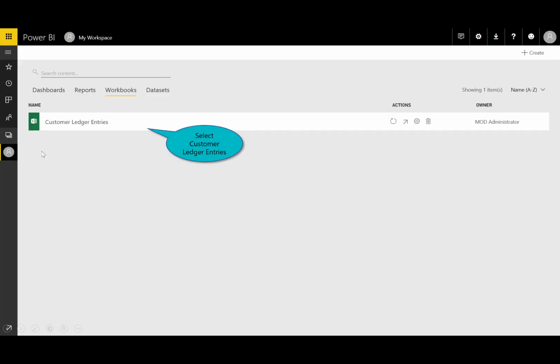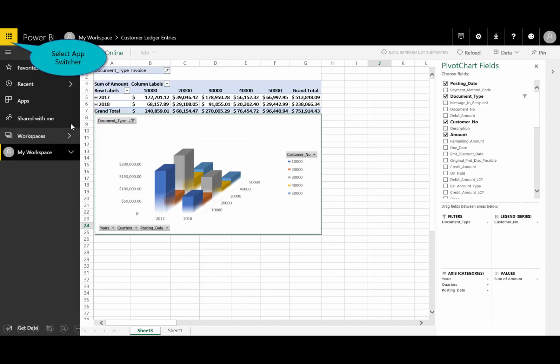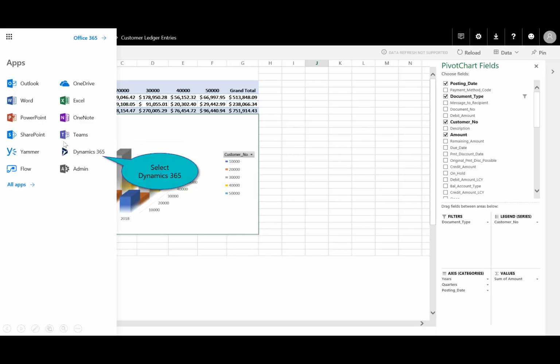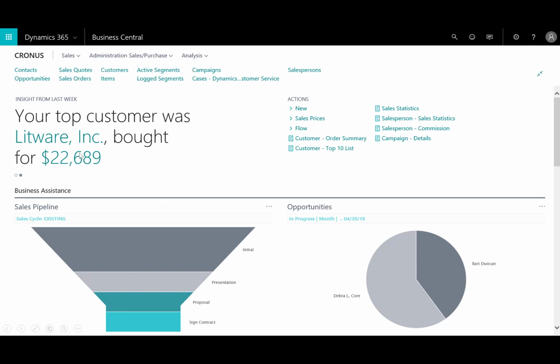and analysis. If I go back here into my workbooks, you can see that not only do I have reports and dashboards and data sets, but you can also publish Excel spreadsheets to Power BI. So here is where I enable my users to then take that data, create pivot charts and tables, and I can see what we're doing across our customer business. And then I can come back in to Dynamics 365 and have a round trip experience without logging in and